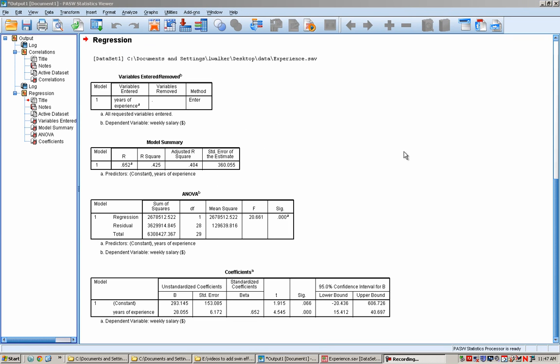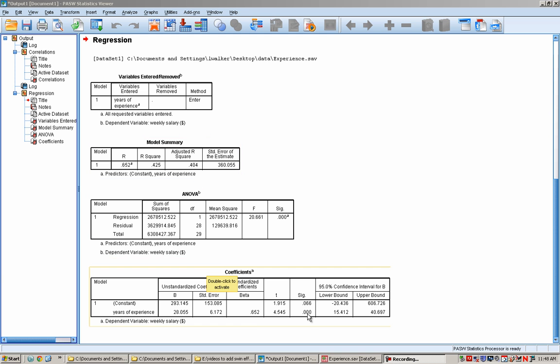So our regression process gives us a number of boxes. From this Model Summary, the value that we're interested in is our adjusted R squared. So 0.404 is telling me that 40% of the variation in the weekly salary is being predicted by years of experience. So that's okay. It does mean 60% is not being predicted by this variable. And in more advanced units, we would learn about how we could put additional variables in to try and increase this. We're not going to worry about this ANOVA box, but if we come down to our bottom box,